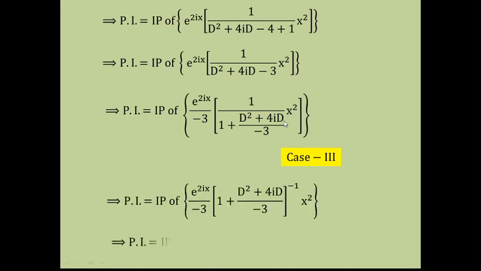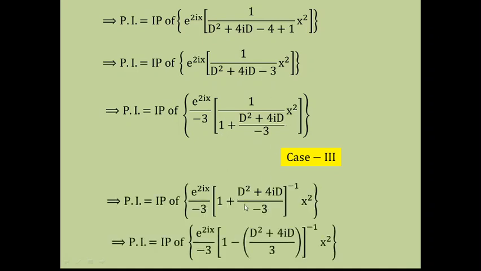Now whatever term is left, take it in the numerator. So it will be raised to power minus 1. Now we shall further write it as, I will write minus sign over here. So it is in the form 1 minus (D square plus 4iD upon 3), this complete term raised to minus 1. So it is just like 1 minus r, this entire bracket term D square plus 4iD by 3, this complete term is nothing but r, raised to power minus 1. So what we will have?